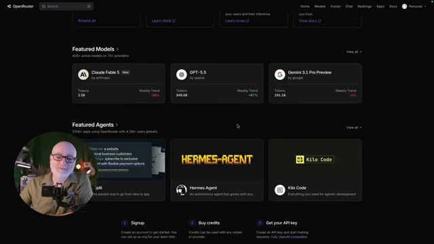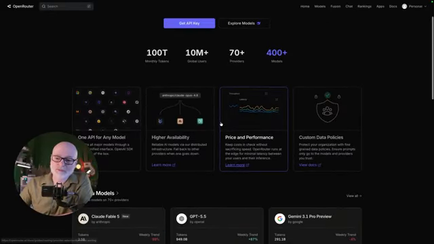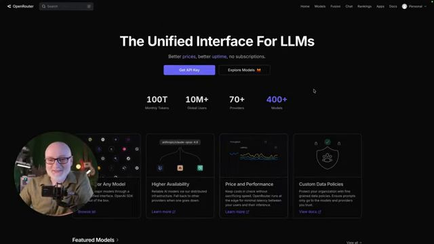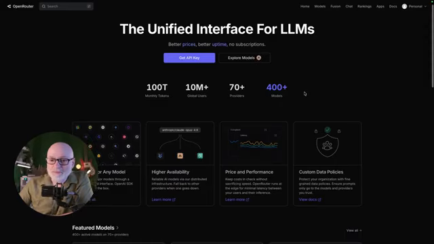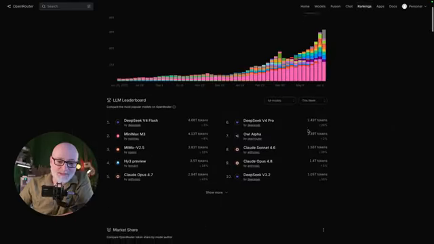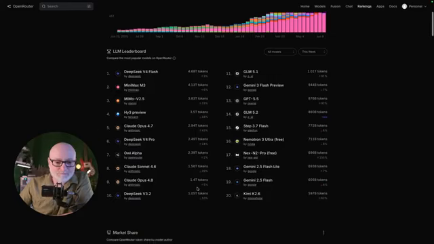Of course, it is compatible with Hermes, Kilo, OpenCode, Claude Code, and OpenClaw, that's the name. I stopped using it, so it just went out of my mind. So this is beautiful. Plus, there is another thing that I want to show you, because there is a ranking. You can see what people are using.